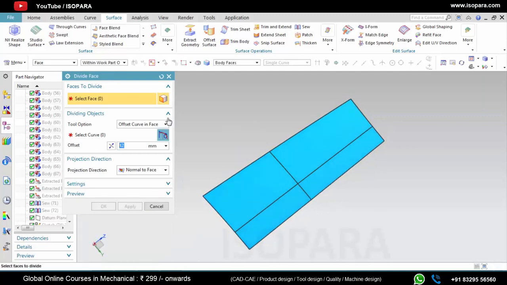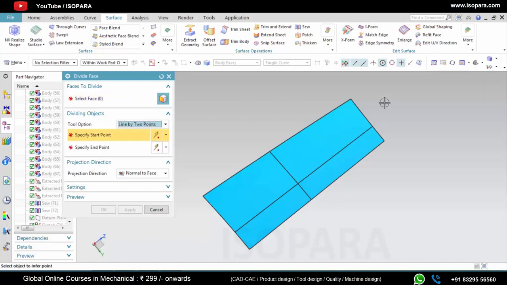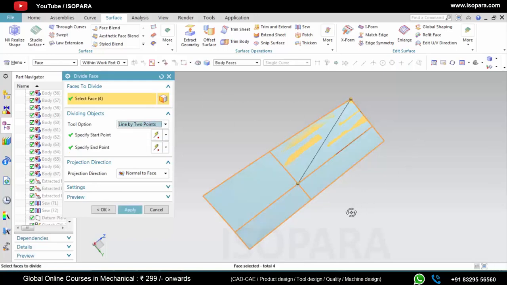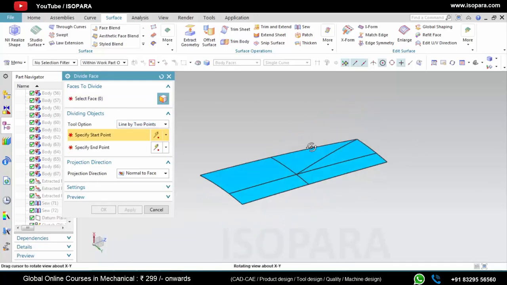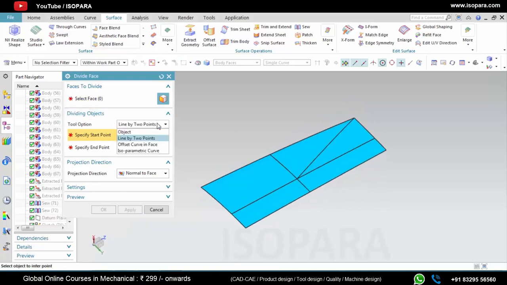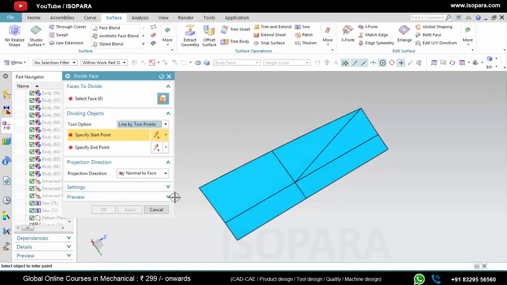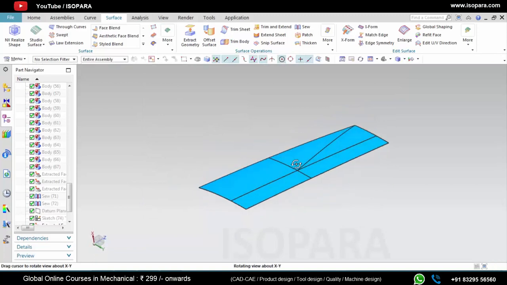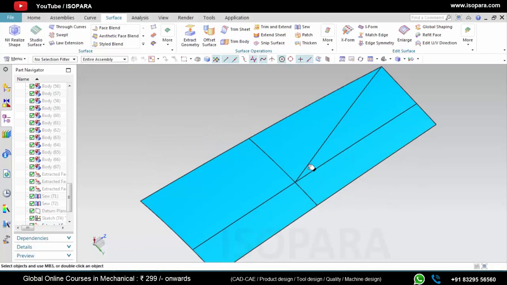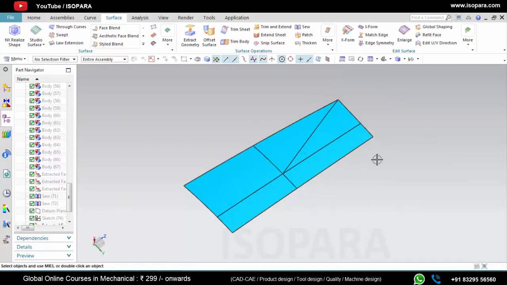Now we will see the next option, which is line by 2 points. So if you have 2 points, then create one line like this and then select the face. So in this way you can divide your sheet. So if you want to create some patches on a surface, then you can use this command.